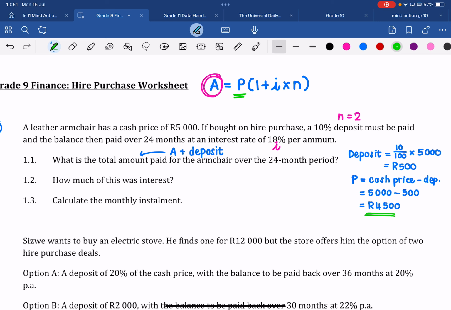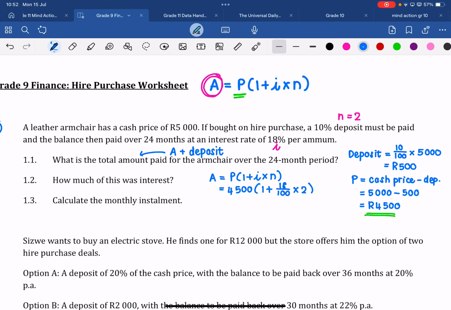Okay, so once you have your P value, your next step is going to be A equals, write down that simple interest formula. Again, you get a mark for it, because you know the formula and you know that that's the one you must use for hire purchase. I'm running out of space here now. I'm just going to move it to this little gap here. Now we're going to say, what is the P value? 4,500 bracket 1 plus the interest rate that the shop is charging us is 18%